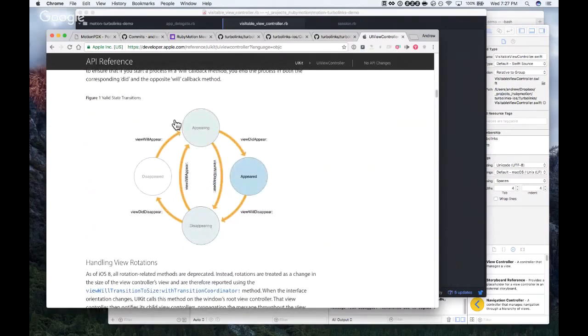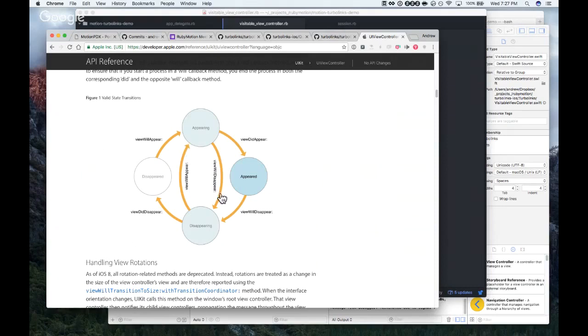So here's the standard view state transition, and the methods that get called on each transition. View will appear, it's appearing, view did appear. View will disappear, view did disappear.